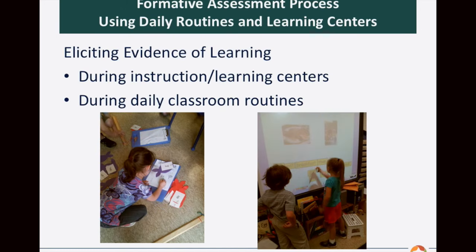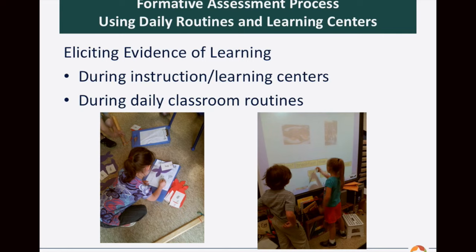One way teachers across the state are eliciting evidence of learning is through the use of learning centers. Now, a learning center may contain content-specific tasks assigned by the teacher, or may be set up such that the child self-selects a task, or it even may be a combination of both, where the teacher has assigned tasks and there are